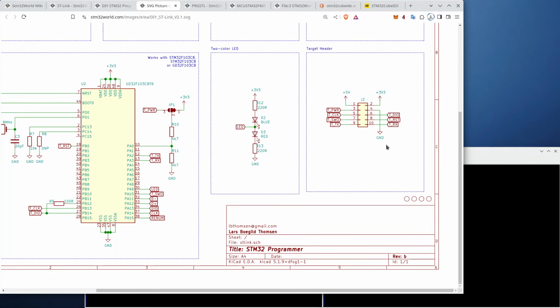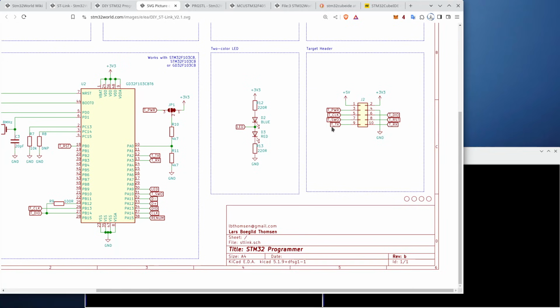Essentially to debug STM32 you need two signals. You have the clock signal and a DIO. So these two pins are the ones that are wired up. You also have an optional pin called SWO. The SWO pin is not available on the cheap Chinese clones, but it is available on ST's official ones. You can optionally have a reset pin, and I also have